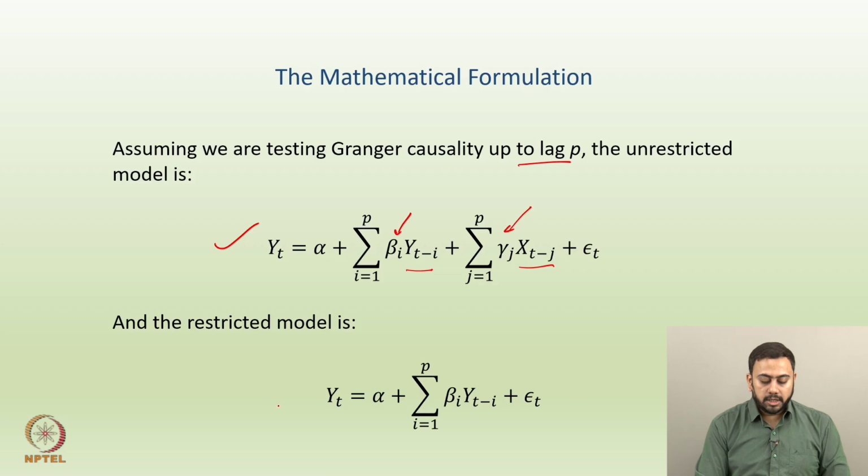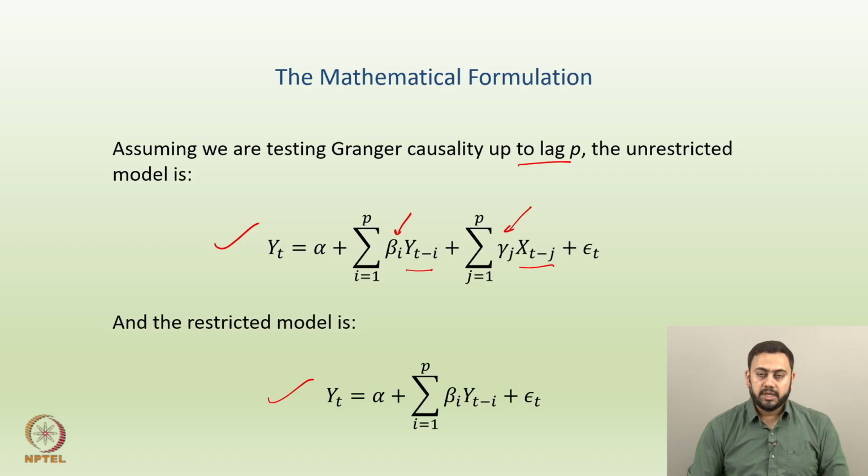And similarly, if the model is restricted, then yt can't depend on past values of x. So, yt only relies on past values of itself, right. So, you have a simplified structure of the regression. So, yt equals a single intercept alpha as before, but here we should have a single summation, i going from 1 to p, then beta i into yt minus i plus epsilon t.